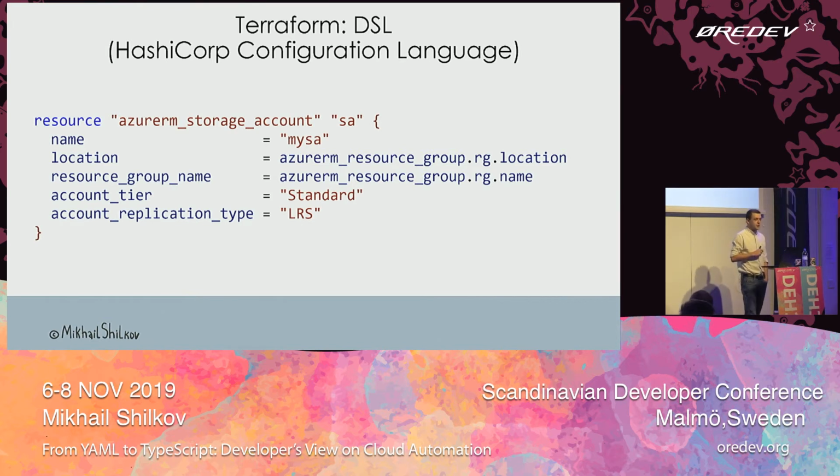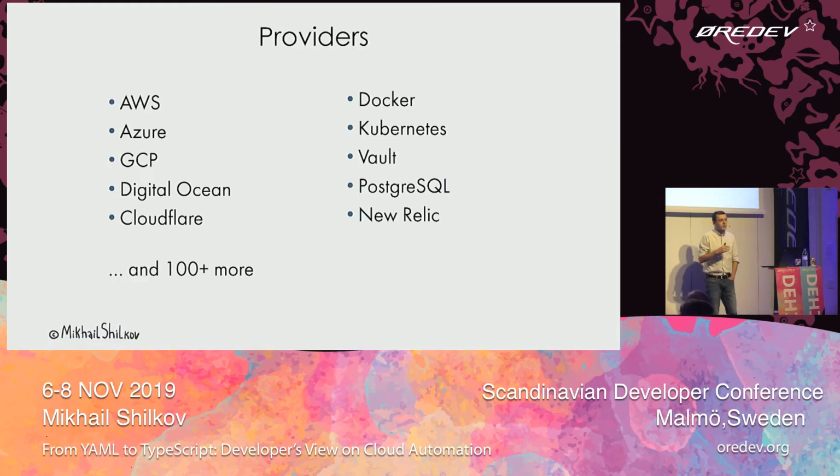And it has good constructs for defining dependencies. For example, instead of just saying a string in JSON, you would refer to a resource, like in this example, by type, name, and then its property. And then that's enough to define dependencies between two resources. So that's good. Another great possibility is that the same tool works for multiple clouds, AWS, Azure, GCP, but also